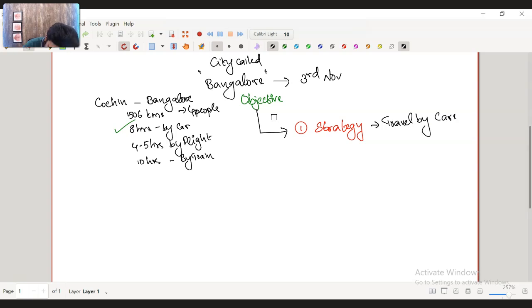Now what is that? That is my strategy. So fixing how you're going to travel, that's your strategy. That is called your audit strategy. So to achieve your objective of going to a city called Bangalore, you're going to travel by car. That's your strategy. So what is planning? Strategy is more, if I say, a summary, right? It's more on a higher level.